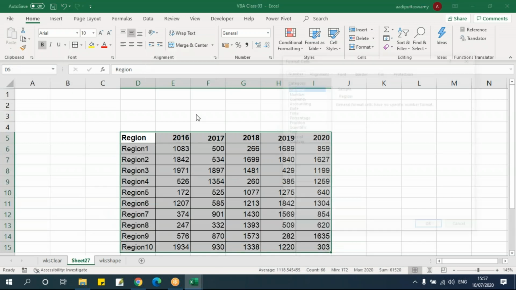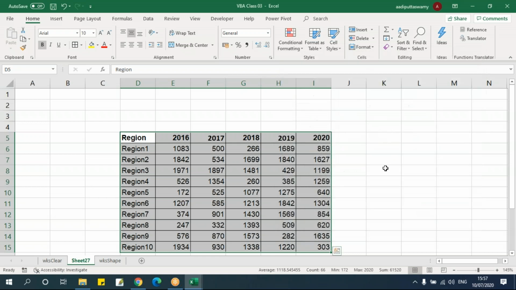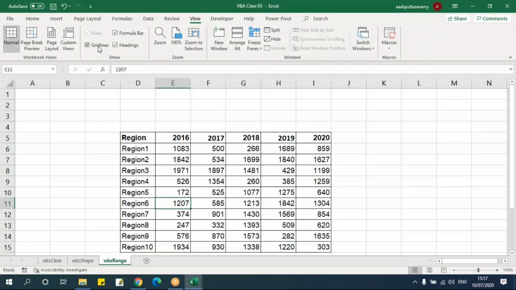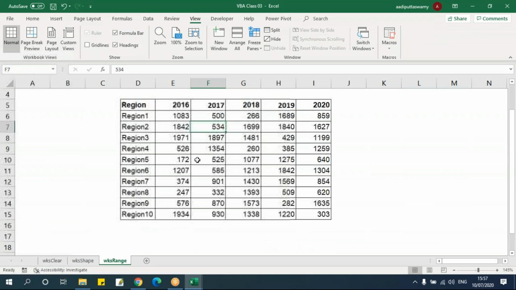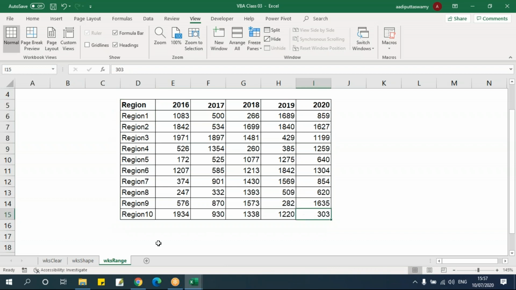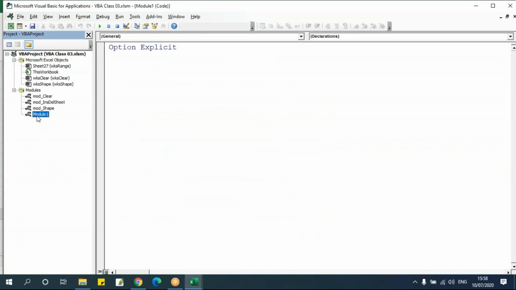Put some order. Say WKS range. Now, till now, we used to go here, say if you want to copy the whole table, I'll say D5 to I15, and then we used to copy and paste. Let's work on that. Right click, insert, module,